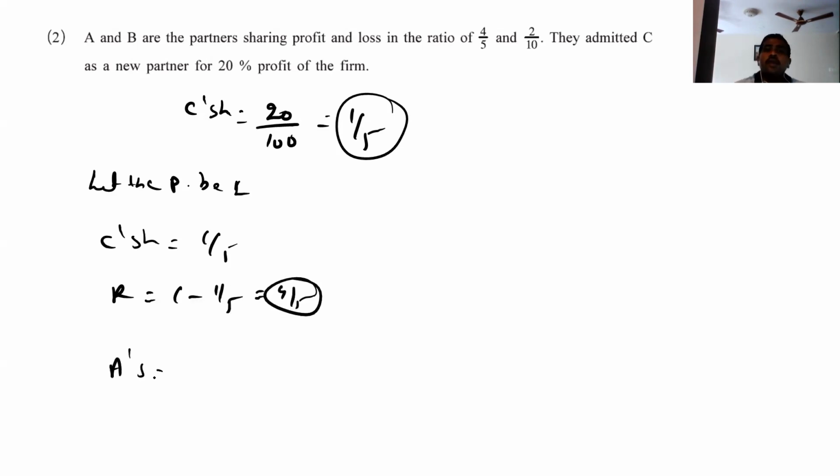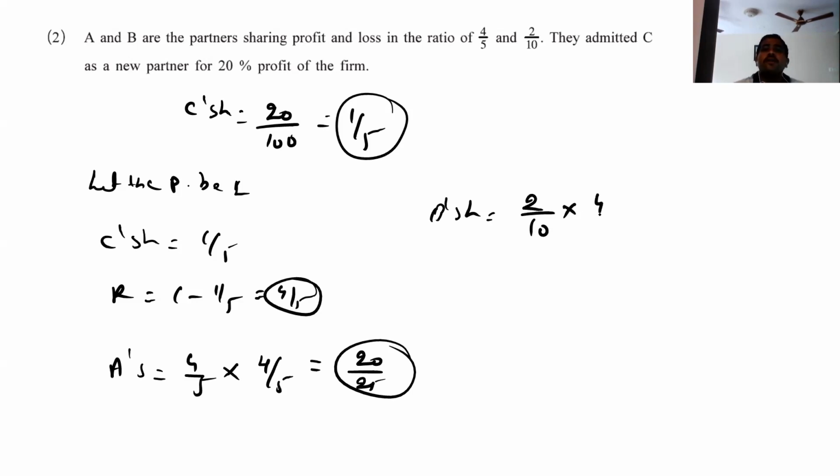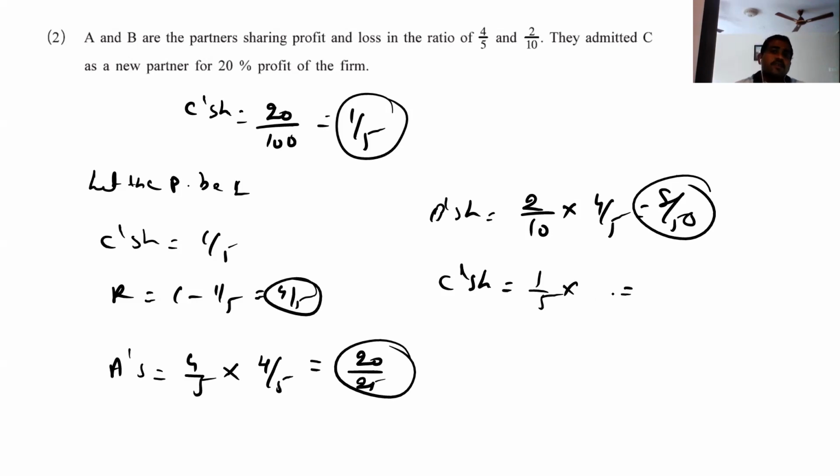Now A is getting 4 by 5. Now he gets from this 4 by 5. So it comes to 20 upon 25. B's share. B is getting 2 by 10. Now he will get from 4 by 5. So now 4 twos are 8 by 50. Then comes C's share. C is getting how much? 1 by 5. And just we have to make the LCM. So better is 50. I take into 25. So it comes to us 4 by 25. So here 25, so 5 by 5. You're getting 5 by 25.